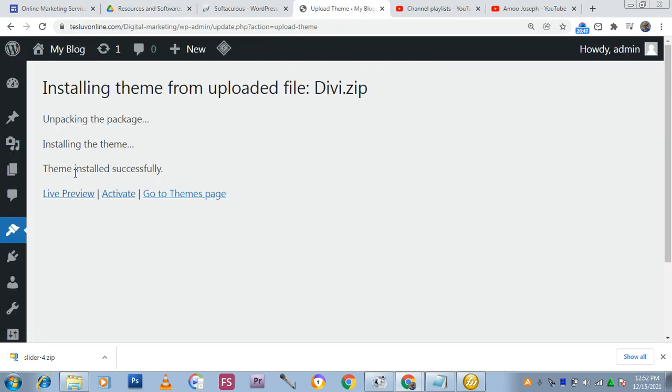So as you can see, it is live now. It is installing themes, installing themes, uploaded file. It has uploaded the file, so we just go ahead and we activate it. So let's just come back to